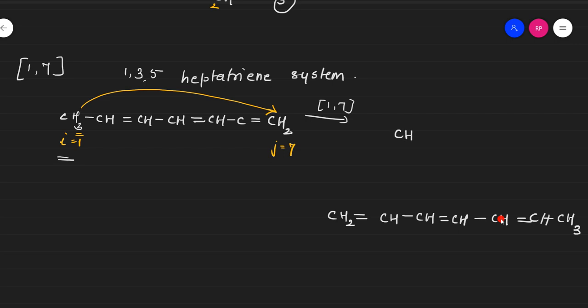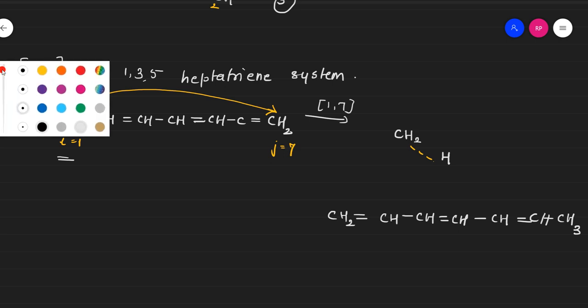So I don't put CH3, put CH2. And that H takes part in the transition state, no? So this bond is going to break. How do we write this bond? We write it as a dotted line, right? And then the remaining bonds.